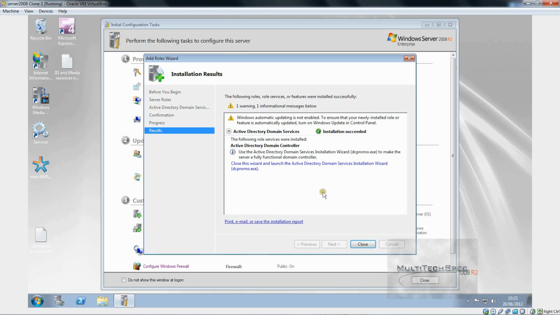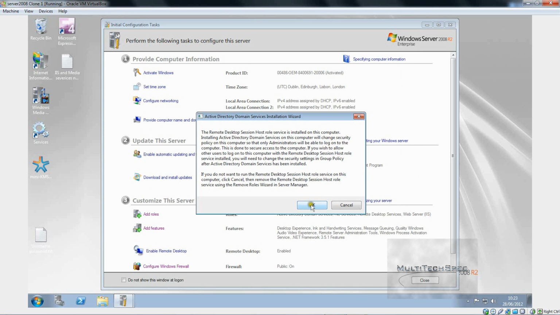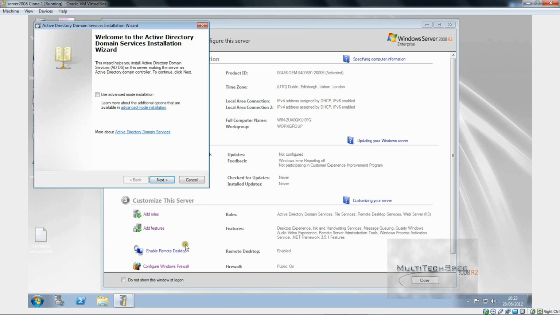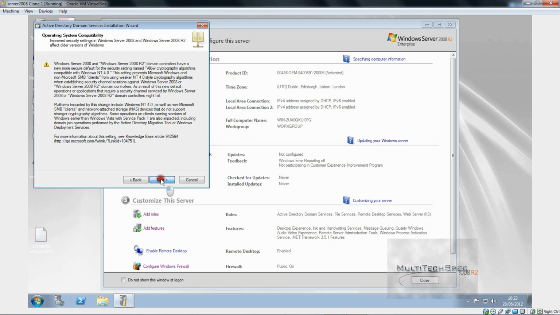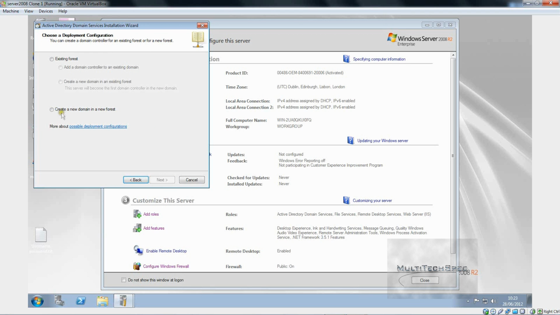Okay, it seems to have been done. So now I'm going to launch DCPromo, and I'm not really caring about that. Okay, then click next, next, and then you want to click create a new domain in an existing forest,